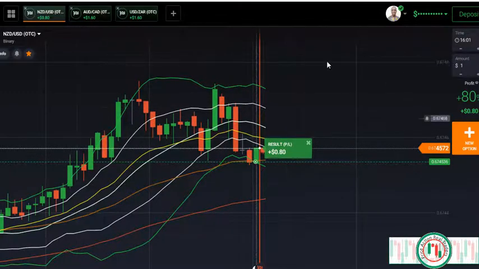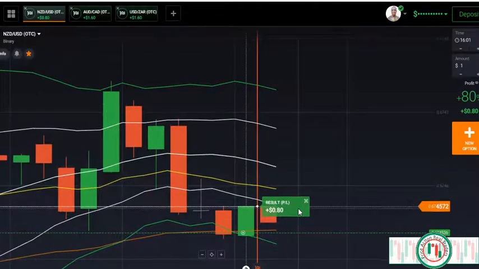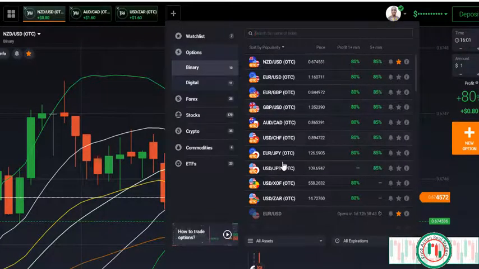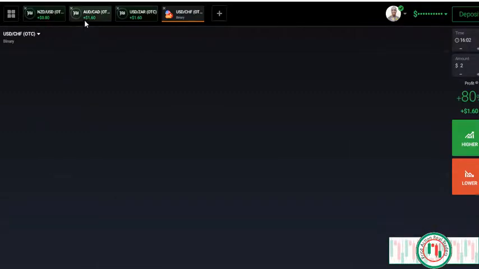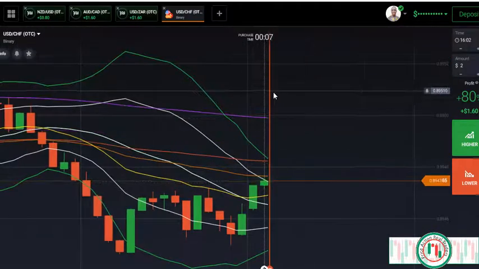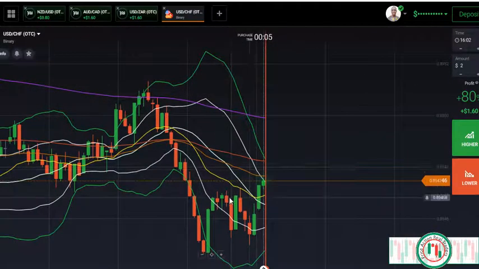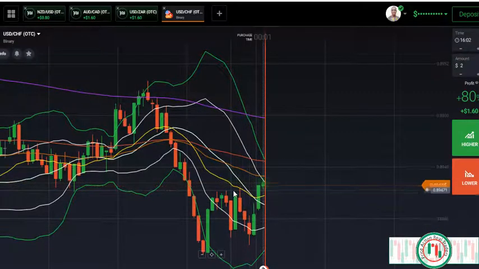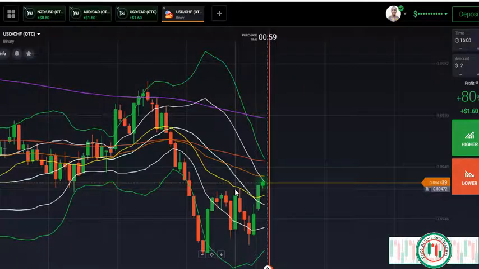So I took a total of 3 trades here. So I think maybe I'll take one more trade, because this one I put only $1. So let me check for another opportunity. I wanted to take 3 trades only, but because I put only $1 here, that's why. So here maybe it's another opportunity